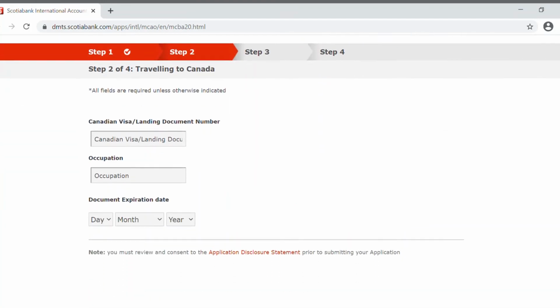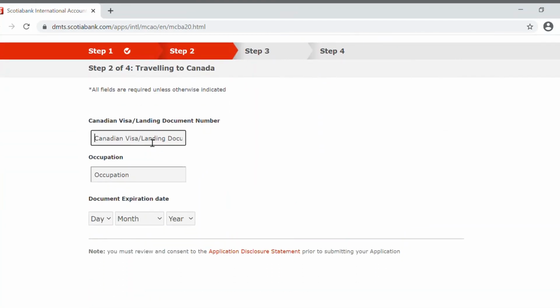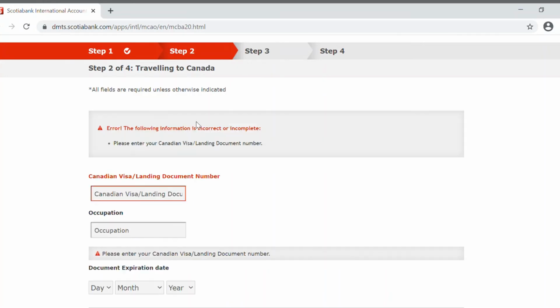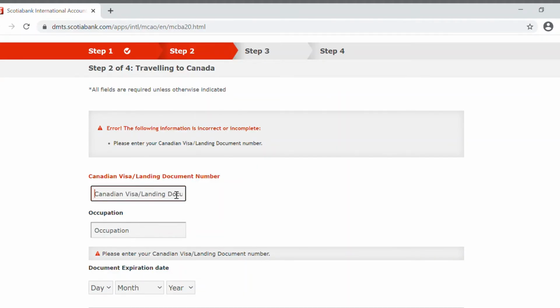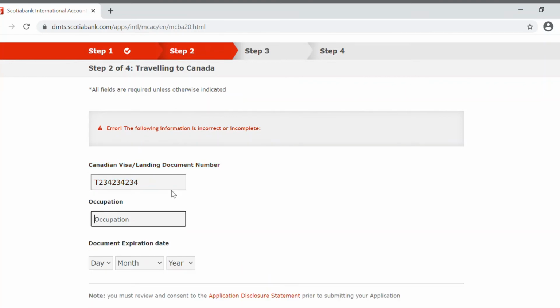Here they will ask you about the Canadian visa or the landing document number. This landing document number will be available on the top right of your COPR document. So let me enter a dummy document number. It will be available as a document number on the COPR. Okay, and in occupation I am providing service.